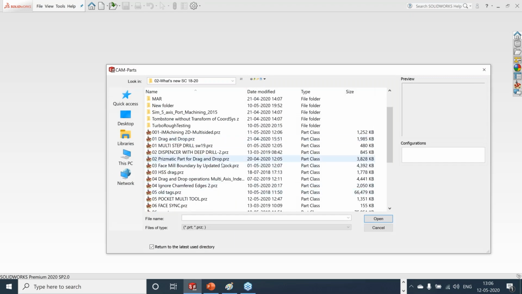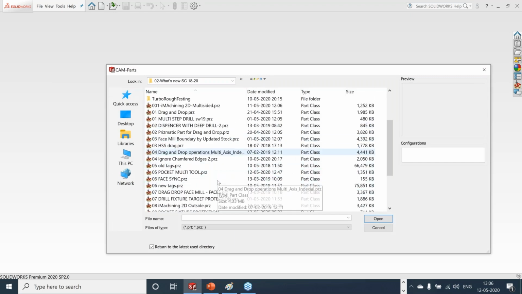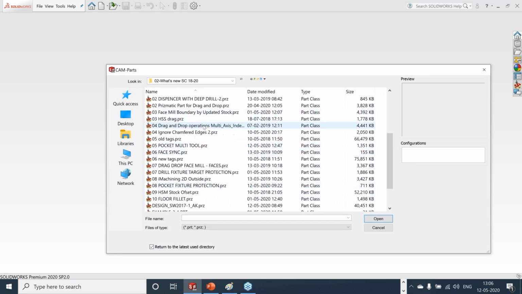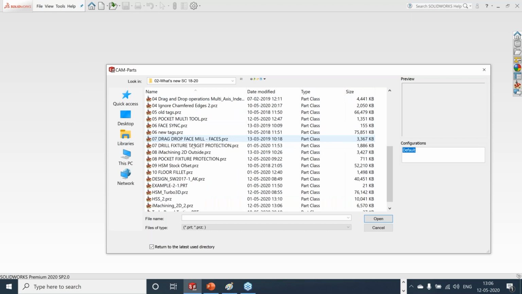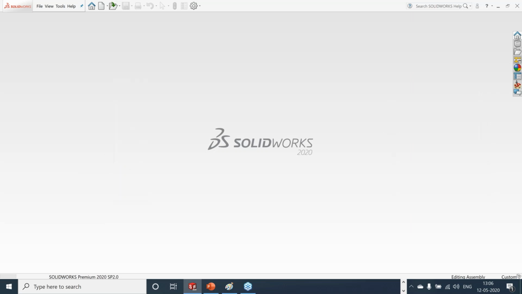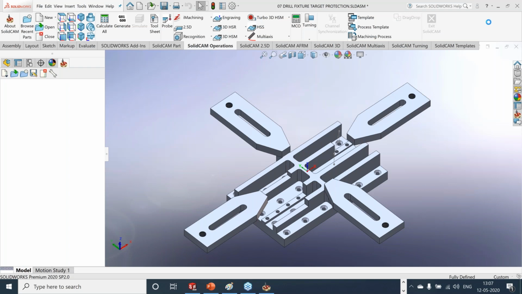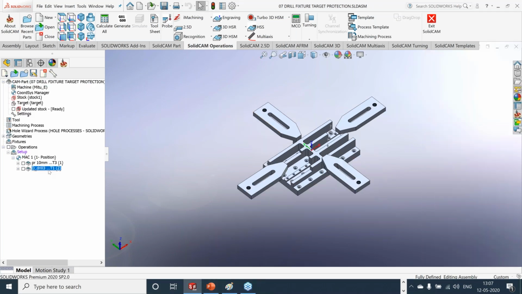I'll open this part where we can see the fixture protection while doing drilling operation. Right, so now if I go to the drilling operation,